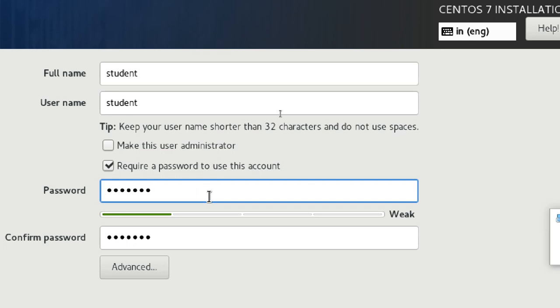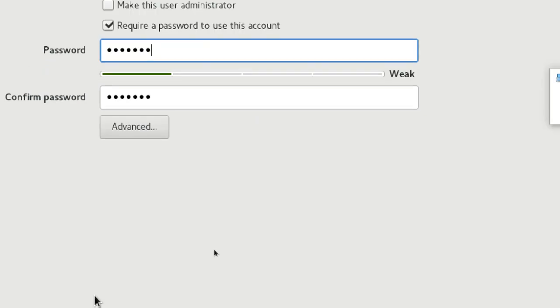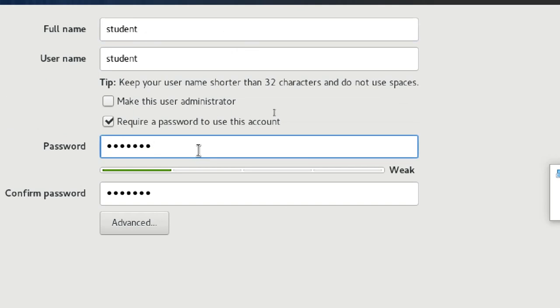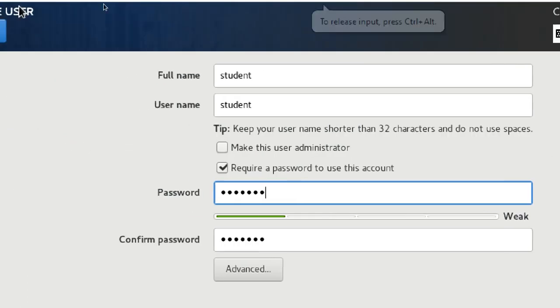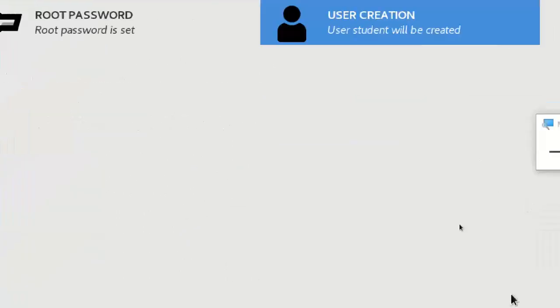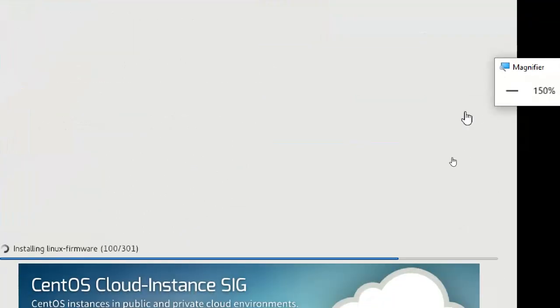For practice, better to keep the same names only. Root password is admin@123. Student is a regular user, and the password is student only. Now click on done. Done two times. Okay, that is it.